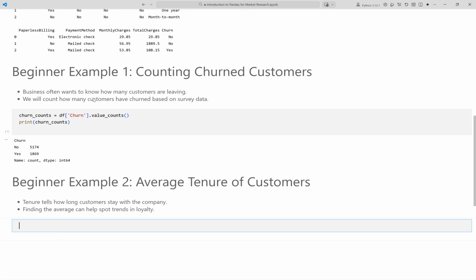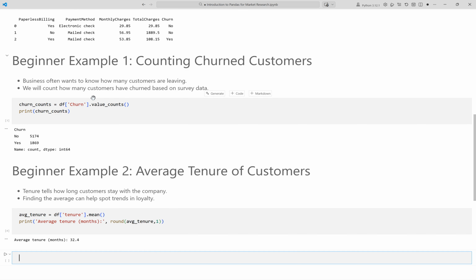We calculate the average number of months customers stay. We print the overall tenure value for a quick business insight. Running the cell now. This output shows the average tenure of customers is 32.4 months, meaning most customers stay with